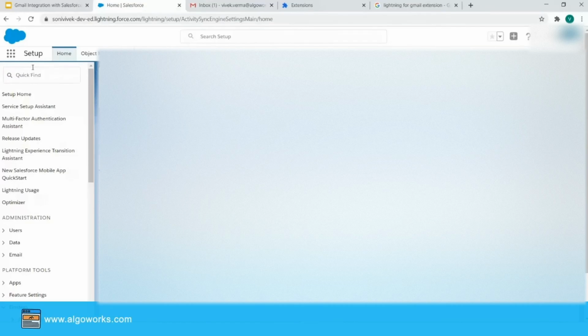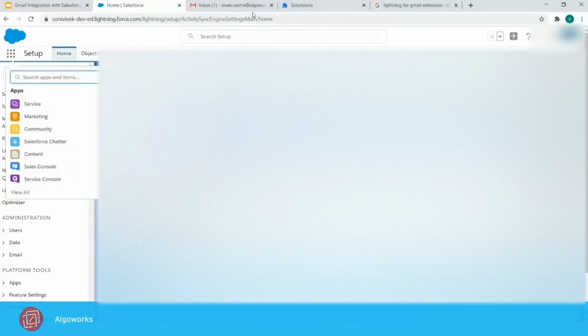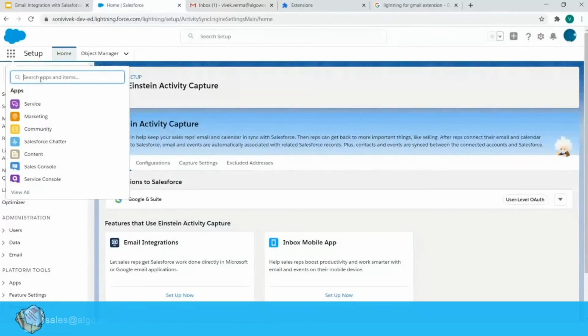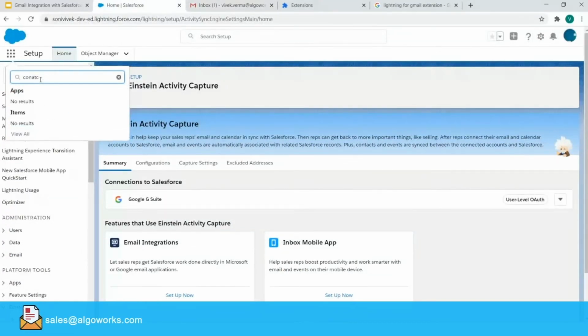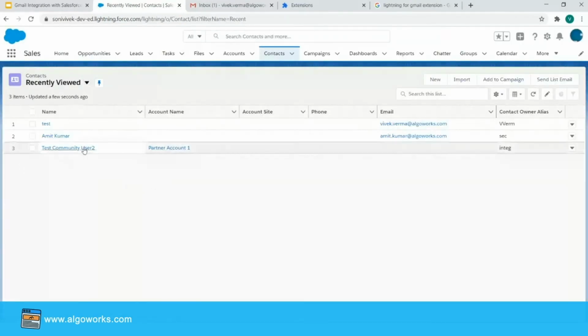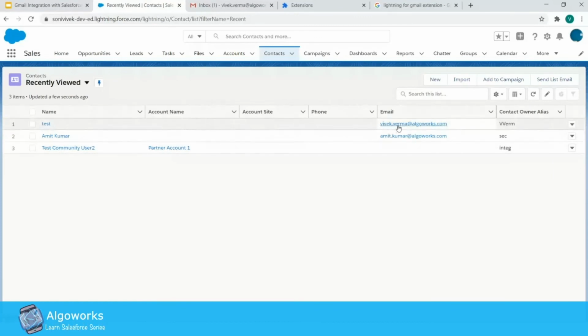Now open any contact related to this Gmail account. Let me open a contact. So this is the contact related to my Gmail account.